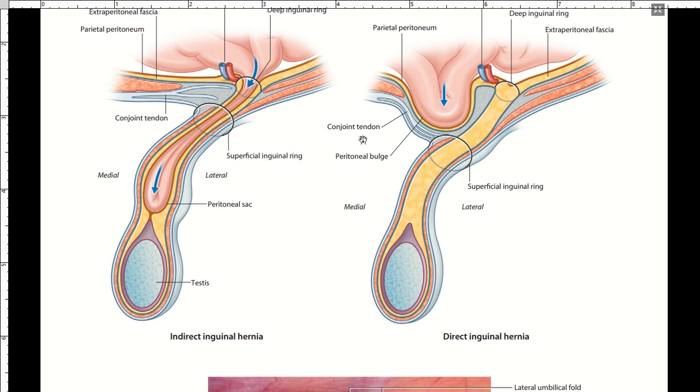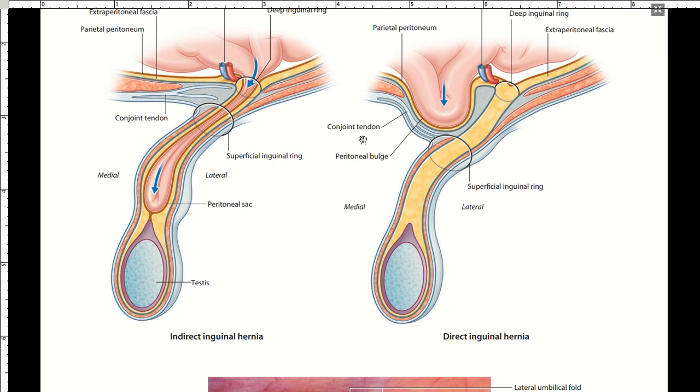Today we're going to talk about clinical correlates regarding the inguinal canal. We're going to talk about the direct inguinal hernia and indirect inguinal hernia. So take note of this. Direct inguinal hernias are one of the most common hernias that take part in the abdomen. They usually occur due to cough reflex and